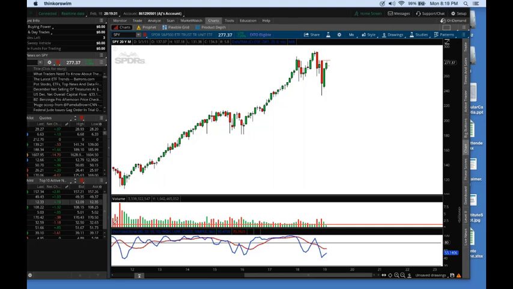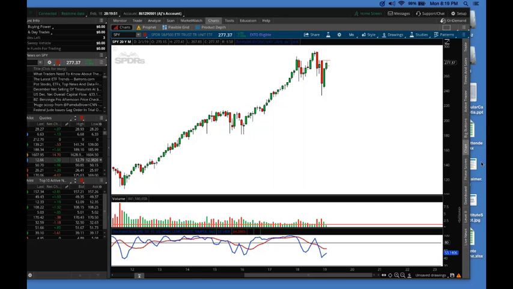Now think about that for a second. If the candle is giving us the direction of the market, but the volume is the leading indicator that tells us or measures the force behind the move, this is an extremely weak rally that we've had,